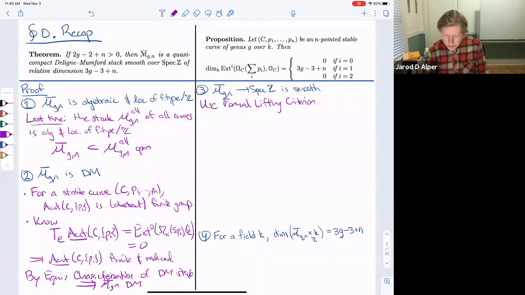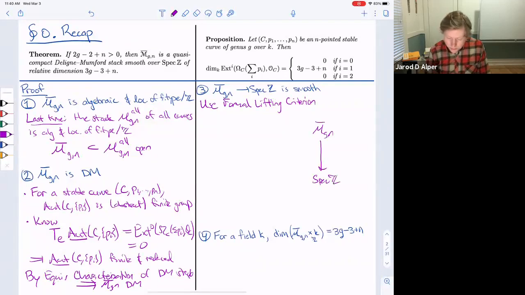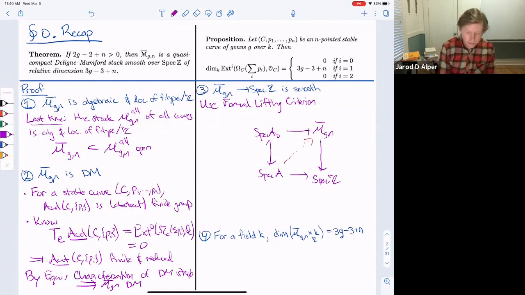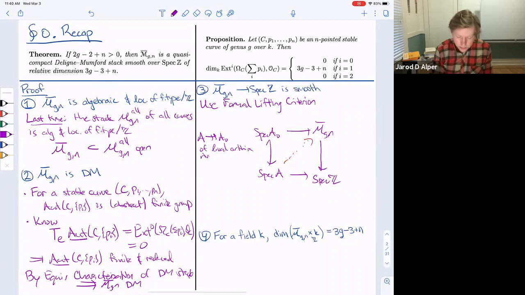So we use the formal lifting criterion, and what that says is, we have M_{g,n} bar over Spec Z, and we want to consider commutative diagrams where you have a thickening of local Artinian algebras, and you want to ask for the existence of a way to fill this in. So here, A surjecting onto A naught is a local homomorphism of local Artinian rings, and we can even arrange that the kernel